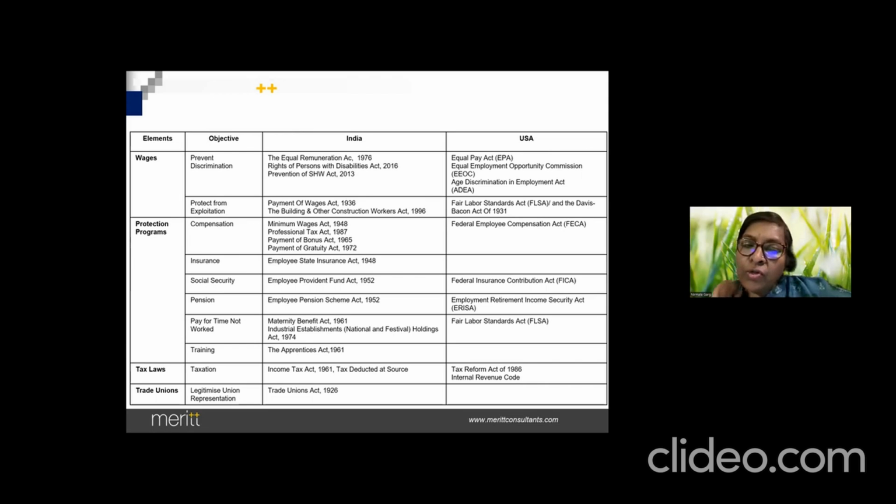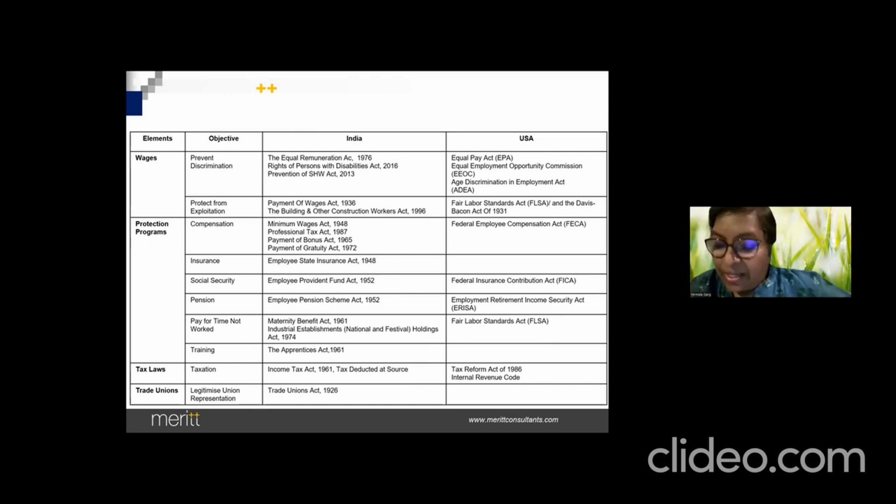And then you also have certain acts which pay for time not worked. For example, you have to pay the 6 months of maternity benefit. You have no choice. Then all those national festival holidays, you have no choice but to pay, and if you ask them to come, you'll have to pay 2 days of salary. That is pay for time not worked. And then pension, as per the Employee Pension Act. There are some calculations I can send you. You'll get a handbook on statutory compliance where there are these details as to what the criteria are, how it works, how you calculate, etc.